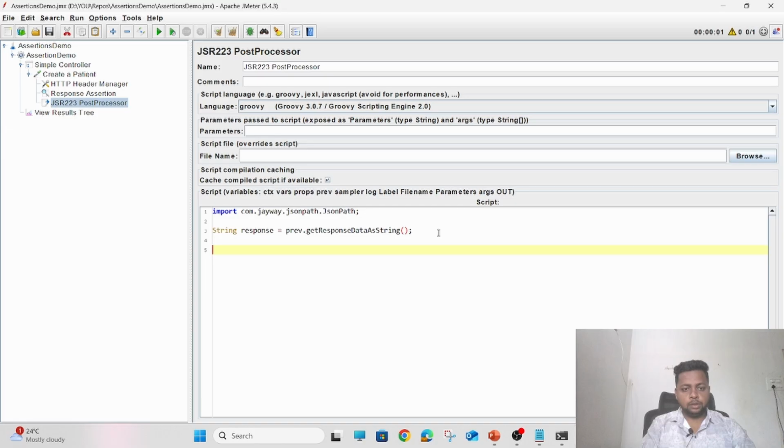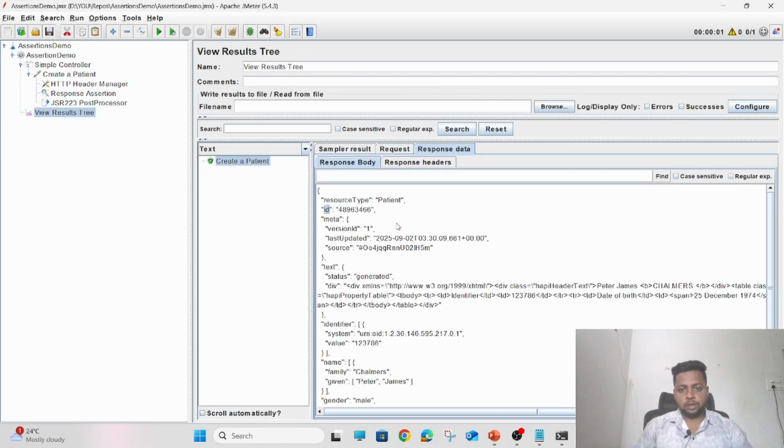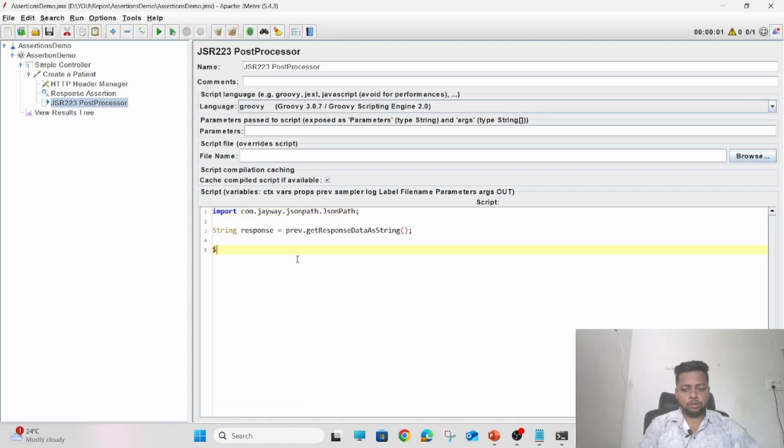In order to read through the response as JSON data, I will need the ID variable. To get to this one, I will have to write a search string for this. That will be $.id. This is the search string. Let me store it as a variable, ID search string. In order to read the response, make use of the JSON path class read method to read the response, find this search string in the response, and store that as a variable ID.